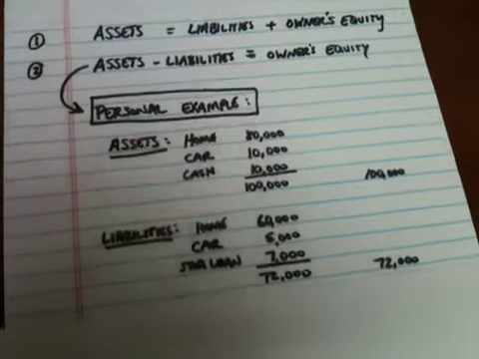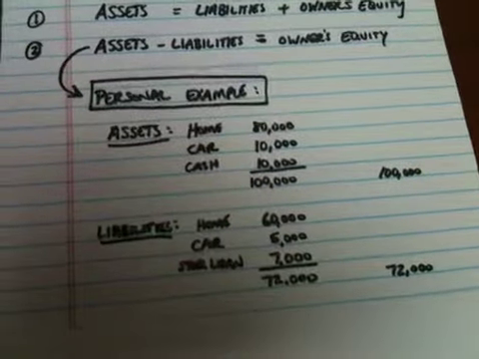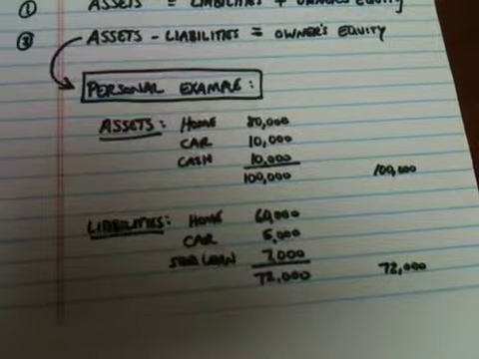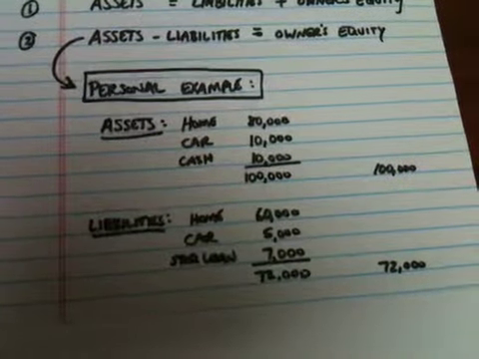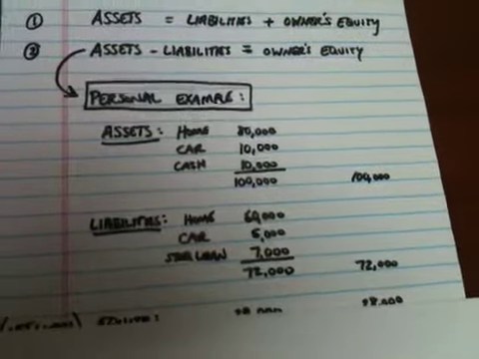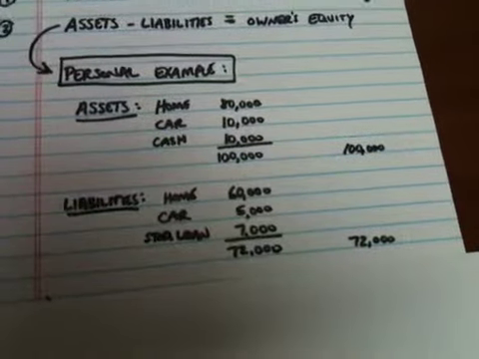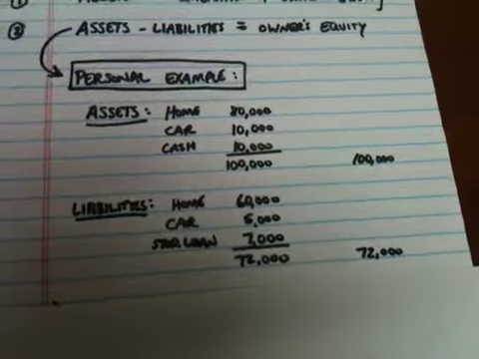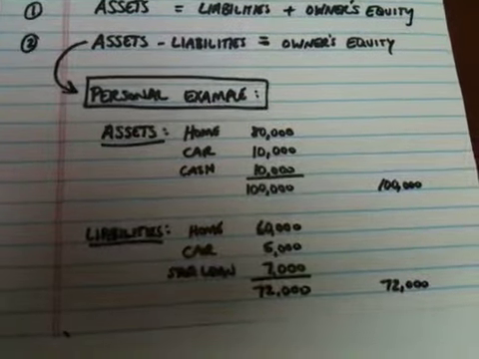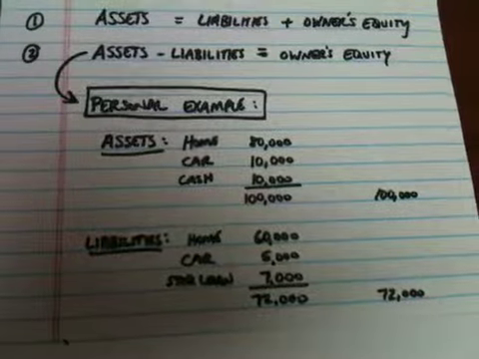If we go down to liabilities, they still owe $60,000 on their home. So they have a liability on their home of $60,000. On their car they still owe $5,000, and they have a student loan where they owe $7,000. So they have total liabilities of $72,000. So if we go back up to our second equation, assets of $100,000 minus liabilities of $72,000